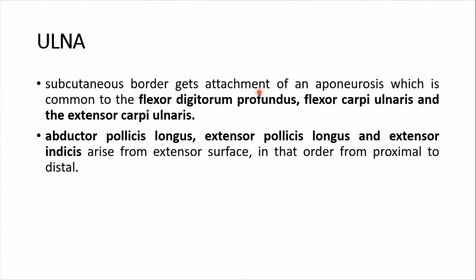Subcutaneous border gets attachment of an aponeurosis, which is common to the flexor digitorum profundus, flexor carpi ulnaris, and the extensor carpi ulnaris. Abductor pollicis longus, extensor pollicis longus, and extensor indicis arise from the extensor surface in their order from proximal to distal. So you see,